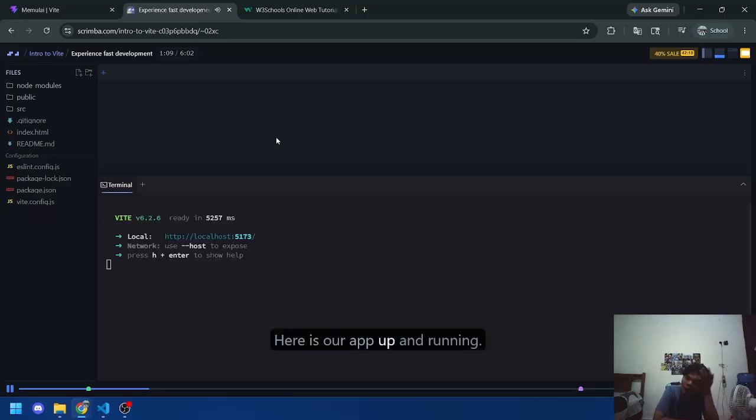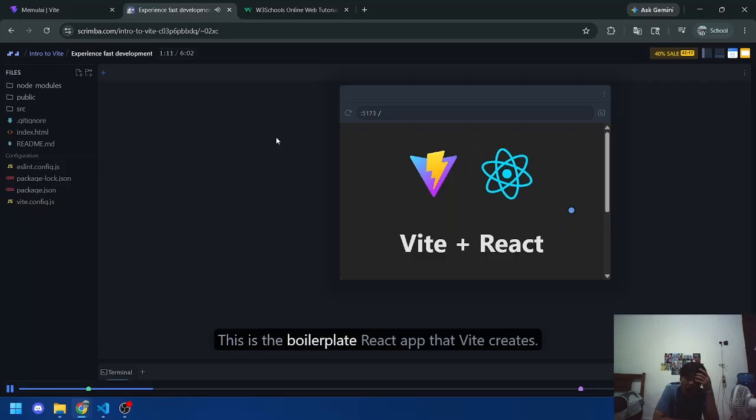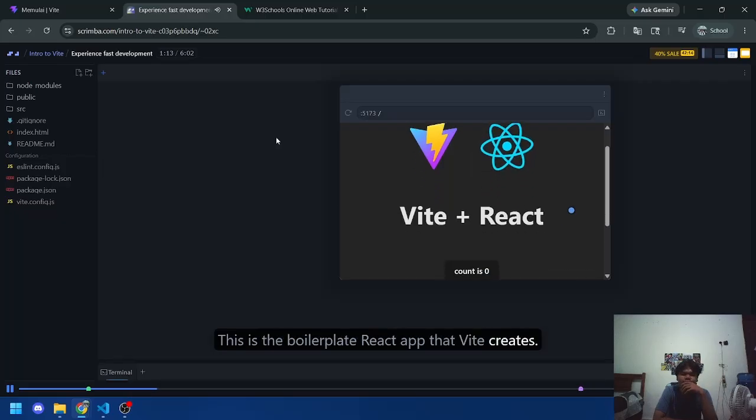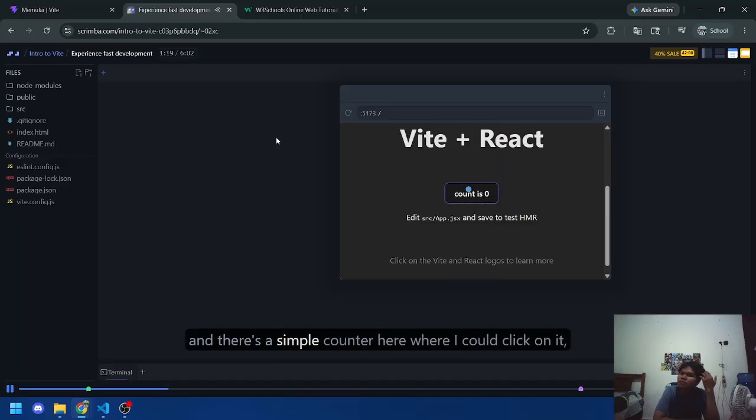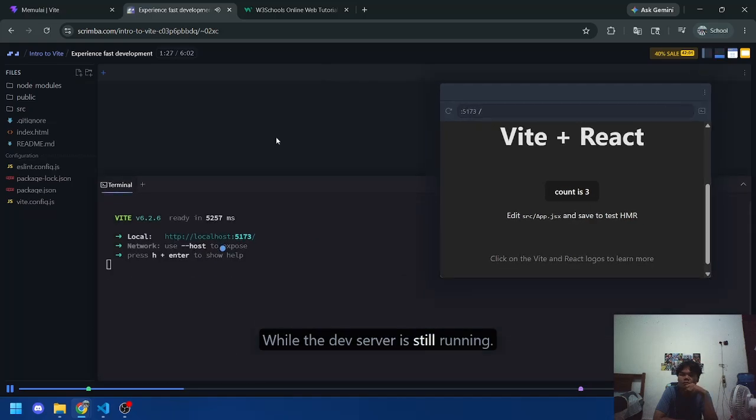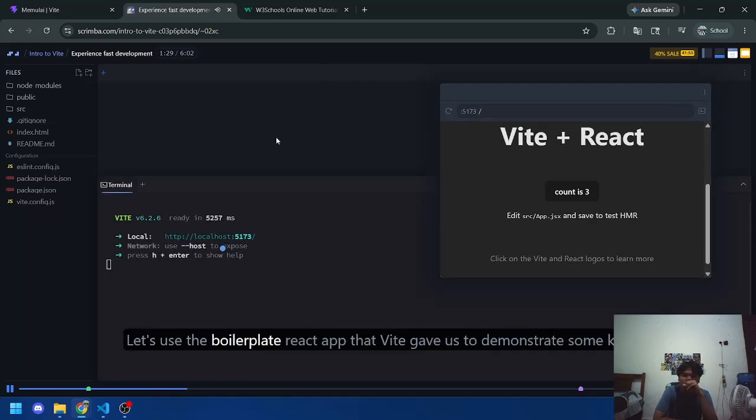Here is our app up and running. Great. This is the boilerplate React app that Vite creates. It has the Vite and the React logos, and there's a simple counter here where I could click on it and it will increase the count. Let's add up to 3. Cool. While the dev server is still running, let's use the boilerplate React app that Vite gave us to demonstrate